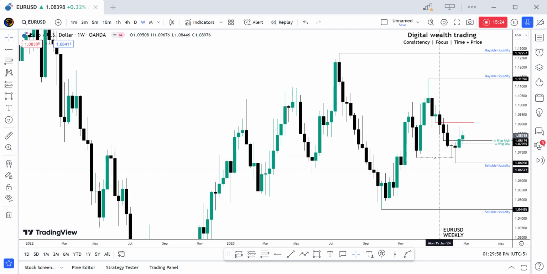Now, what I mean by a deal breaker: if this week opens, the new week that's coming, and we price into this inversion fair value gap, I am anticipating for this inversion fair value gap to be respected, and it's going to give me another premium price to buy. What I mean by that is if we come lower, it is going to give me a deep price to buy, rather than if we open and we continue going higher and we did not retest.